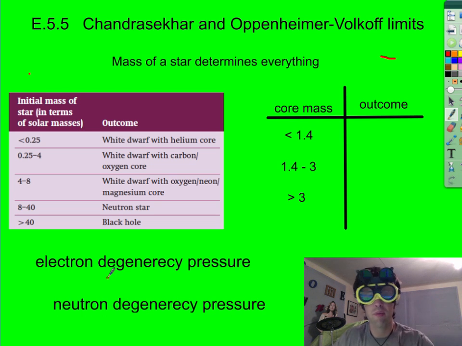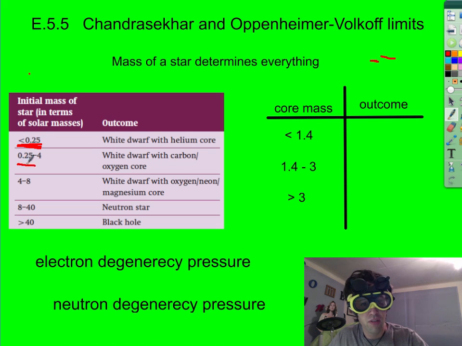We need to always remember that it's the mass that determines everything for a star, especially its death. And that's what we're talking about here, based on the mass of a star, always in relation to our sun, which is usually the easiest way to think of that. If you have a star that's anywhere from a quarter to 4 times the mass of our sun, and even 4 to 8 times, you're going to get the